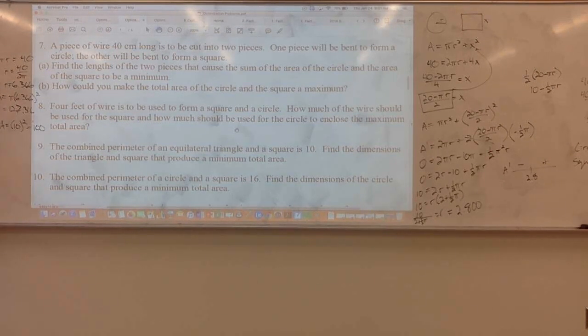Well, the area of the square would just be 0, right? If we're giving all of the wire to the circle. So how do you write it to justify? So we could just say